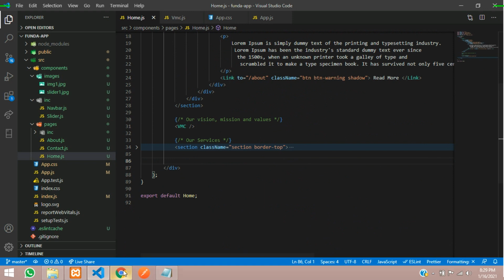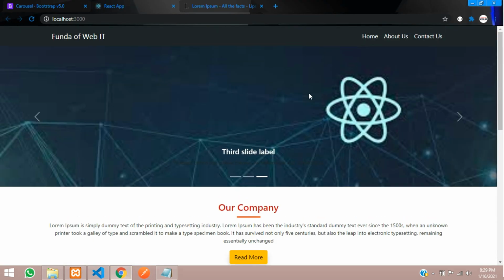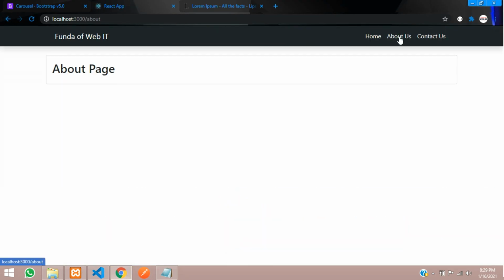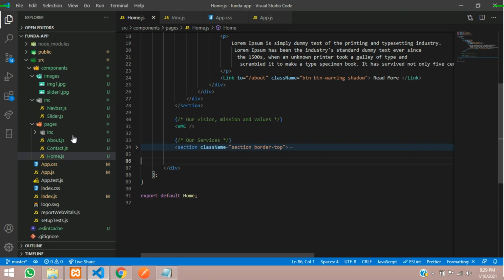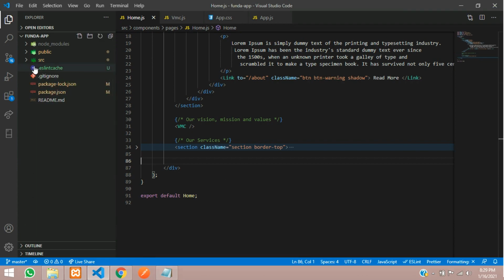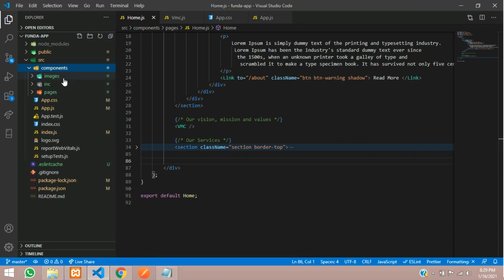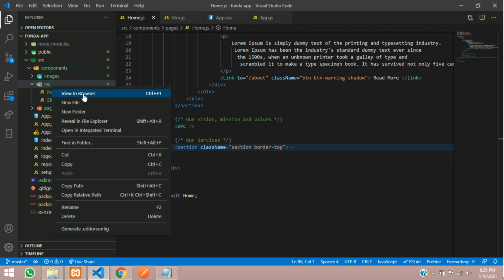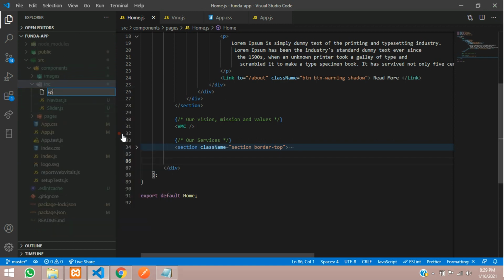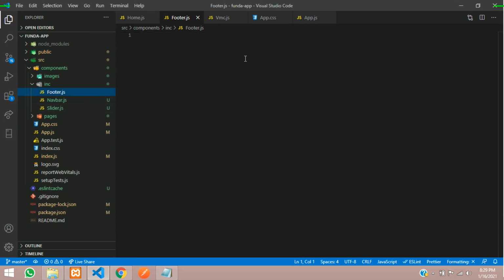So footer part, what is that? We want it on all the pages, like home page, about us, and contact us page. So as simple, let's create with that. So let me just finish with the footer also. So let us go to our main page, where is src, inside components, inside includes, as we have created navbar, slider. So inside this only I'm going to create the footer page. So let us finish it very soon, this also. And now guys, we will